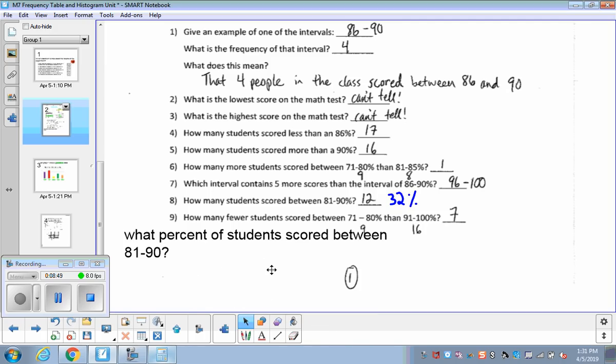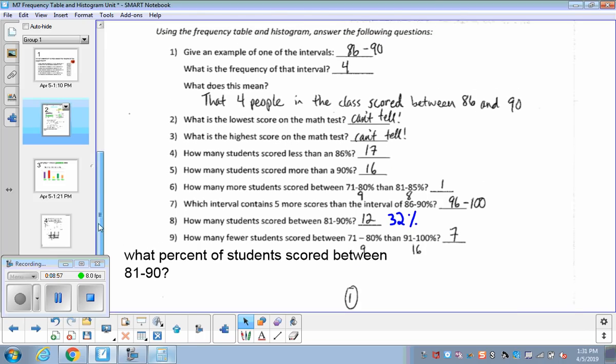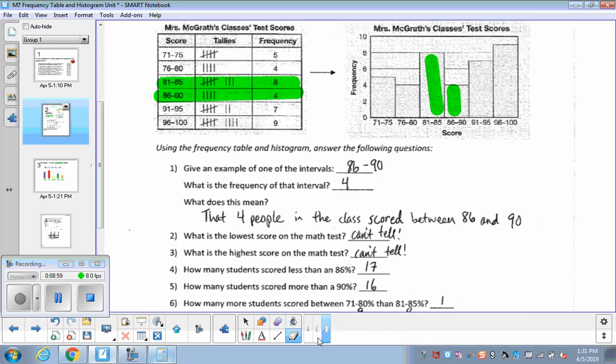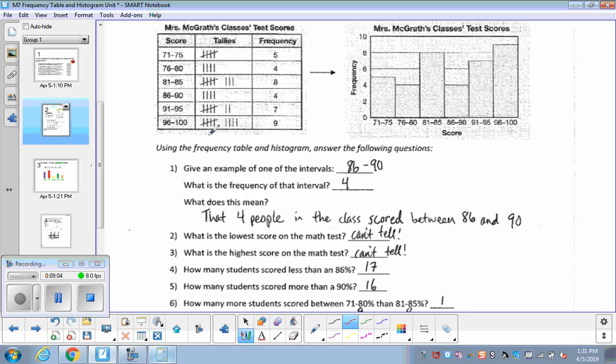And now for the last one, it asks how many fewer students scored between a 71 to 80 than a 91 to 100. So let's take a look. So from 71 to 80 up here, let's just erase real quick. 71 to 80